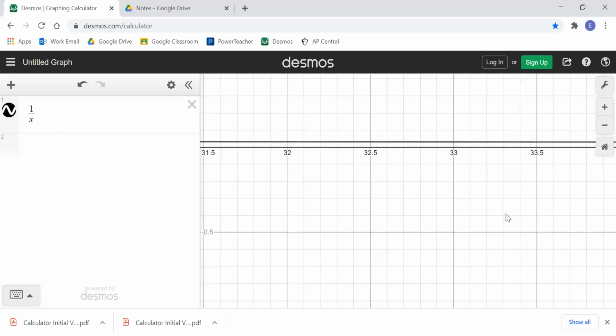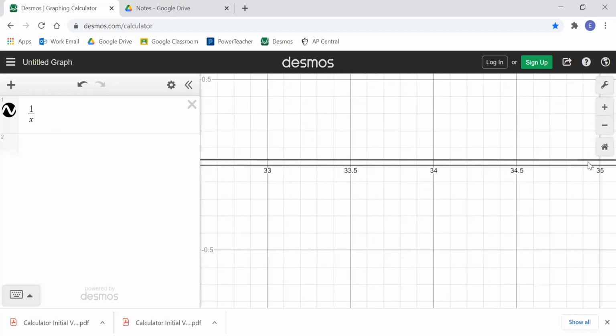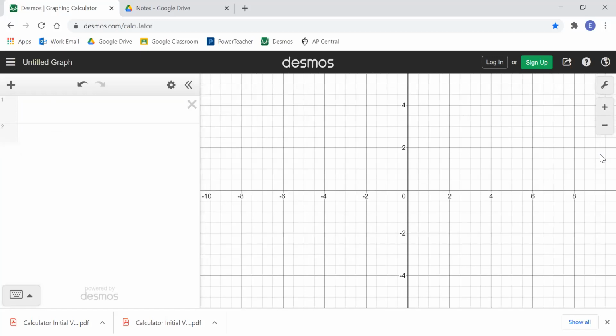As I go way out here towards infinity, is there a limit to the amount of area that I'm adding into this, or is there not? That's the question we're going to be looking at. It's the same kind of idea, but at this point is where things start to get a little bit